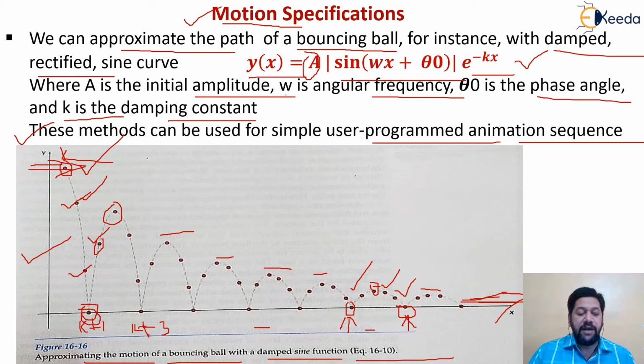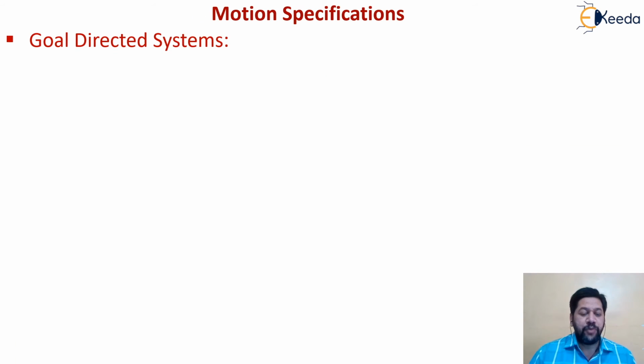Understand the two more methods, or another method that we have, which we can specify or use for the motion picture. I'm just moving to the next slide now. So here I consider another method, the goal directed system. Okay, goal directed system. This is a very important method which is used in so many different motion pictures or